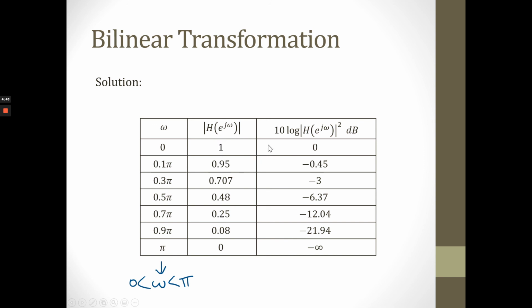And also the next one, we need to determine the value in dB by using this equation, 10 log of the magnitude of the frequency response squared. So this is the value in dB for frequency from 0 until pi. So in this case, for the range between 0 and pi, we use as a suggested value from 0, 0.1 pi, 0.3 pi, 0.5 pi, 0.7